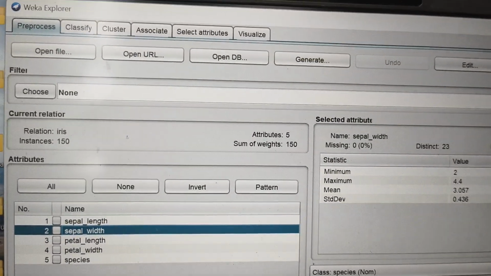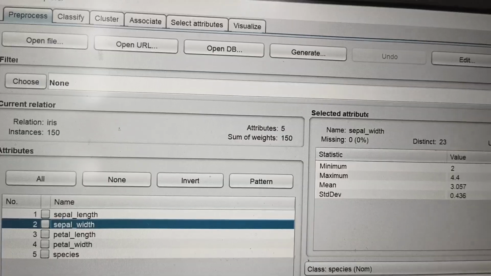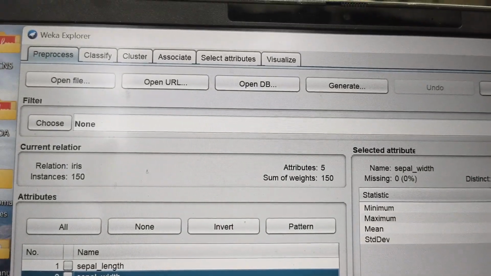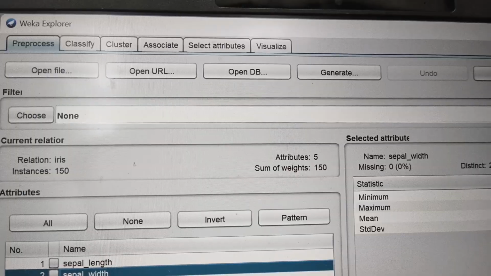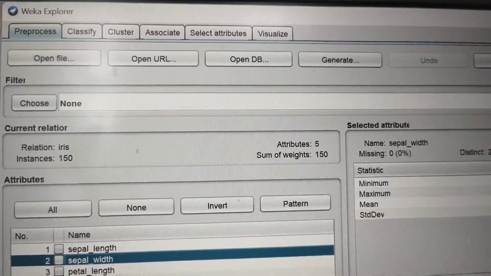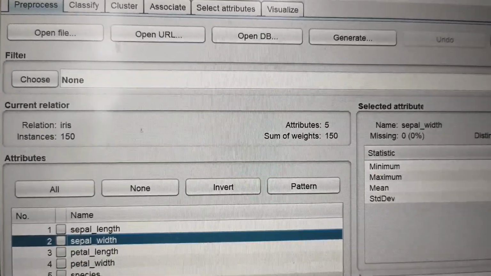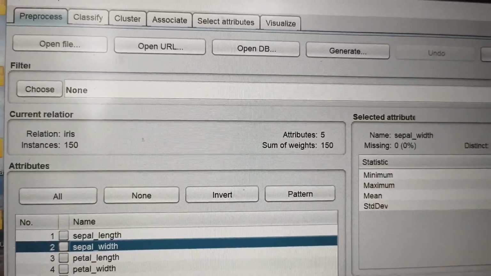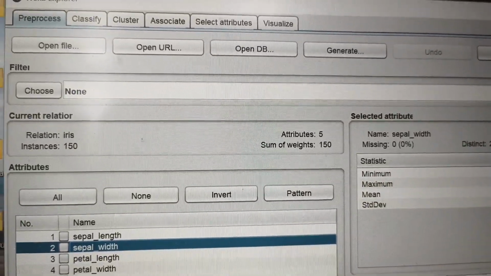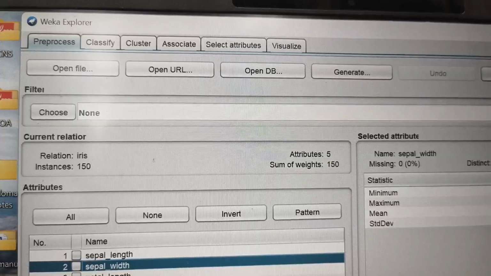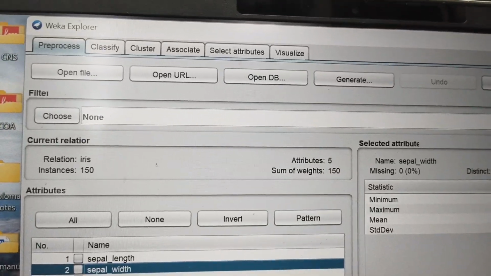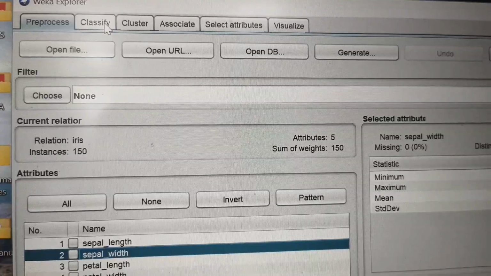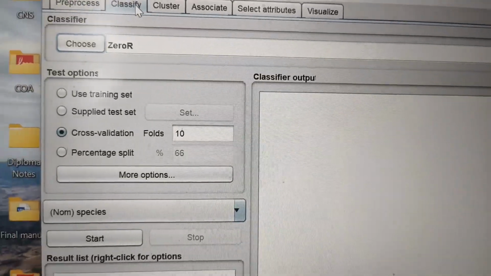Now we are going to see how to find the efficiency in Weka software for this particular random forest model. For selecting the random forest model, select Classifier.